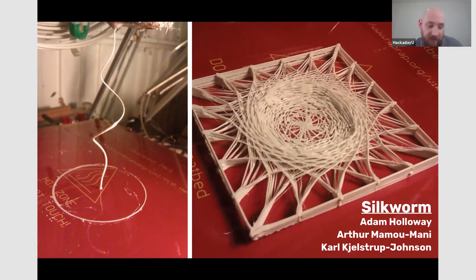This is super advanced, but back to Adam Holloway, who I showed you that colorful minimal surface, and Arthur, who did the Burning Man Temple project, and Carl, they created this plugin for Grasshopper that changed how you do 3D printing. It's a very difficult to understand plugin, but normally 3D printing is done in horizontal layers called slicing, and a 3D printer needs to go through that whole horizontal layer before it moves up and does the next horizontal layer. In this model, they've sort of gone directly to the G code, the underlying code of 3D printing,